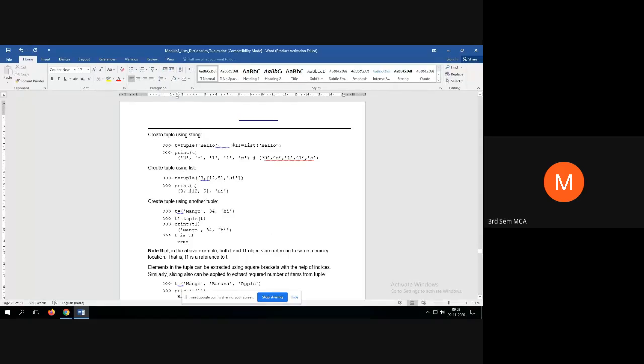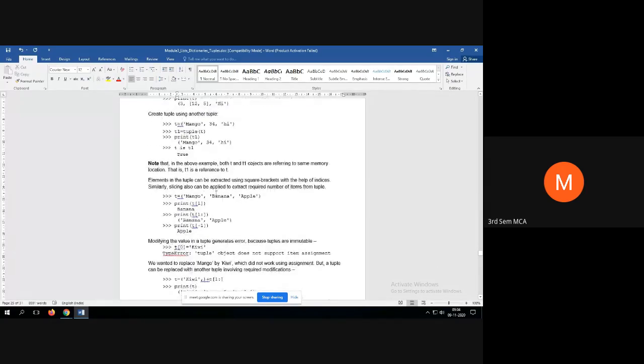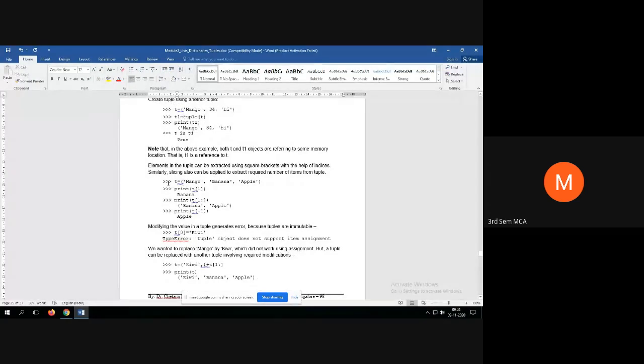This is one element, and this complete thing, 12 comma 5, is considered as one element. Actually, it is a nested tuple, and the third element is high. Now the index of 3 is 0, the index of this is 1, and the index of high is 2. Okay, students, note that in the above example, both T and T1 objects are referring to the same memory.